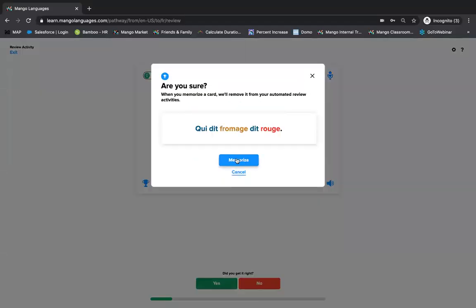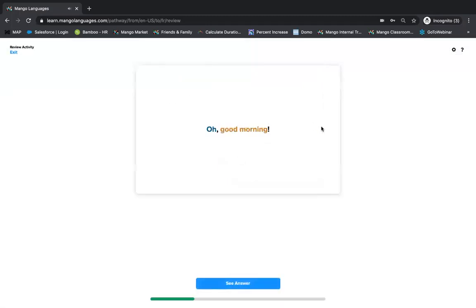And when you hit memorize, it will completely remove the card from the deck so that you don't have to keep looking at something that you're already comfortable with. So this is a really, really great feature that helps customize the program to each individual learner,